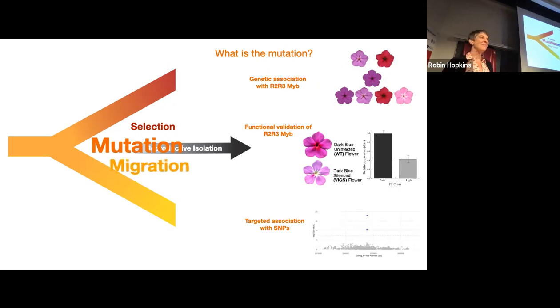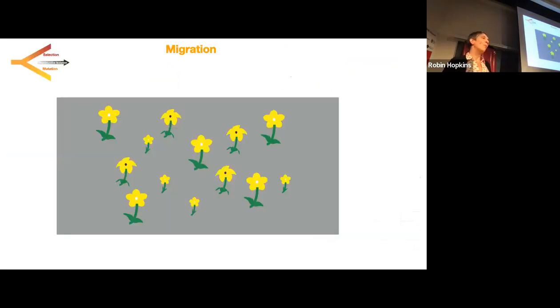All right, we got one more evolutionary force to go look at. Here we go. Migration. Why do we care about migration or gene flow in speciation? I don't know about you guys, but do you ever look through a table of contents or what pops up on your Google Scholar? Maybe this is just me, but every other paper is about history of gene flow, history of admixture. Hybridization is everywhere. In the speciation world, this is taking over. Everybody is crazy excited about hybridization in history. I mean, so am I. But I wanted to step back and ask, why do we care? Why does it matter if there has been hybridization or gene flow in the past?